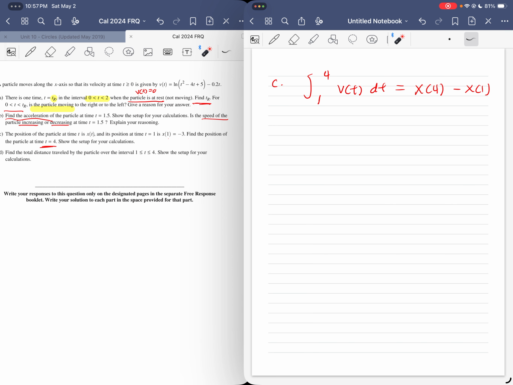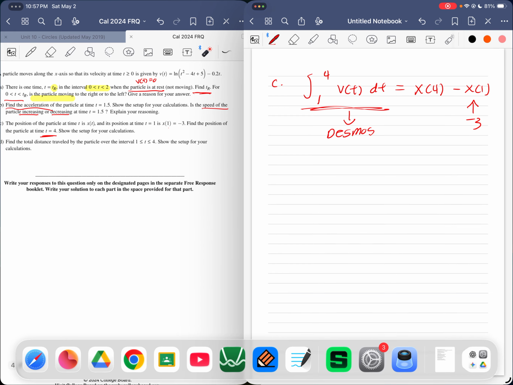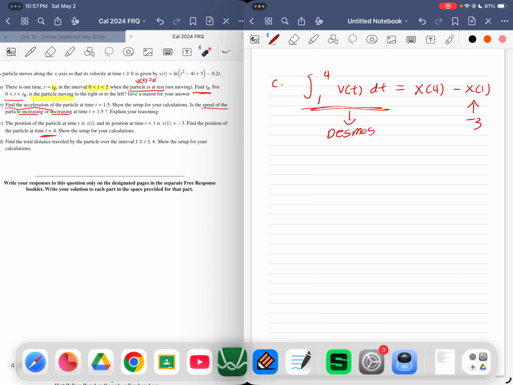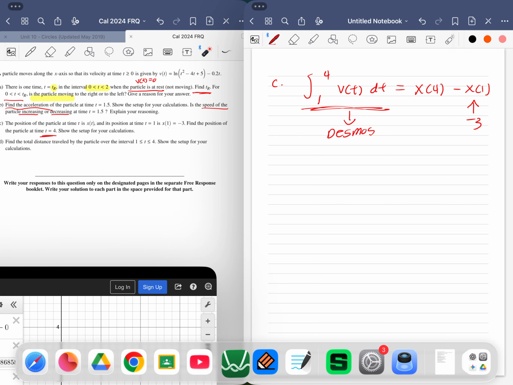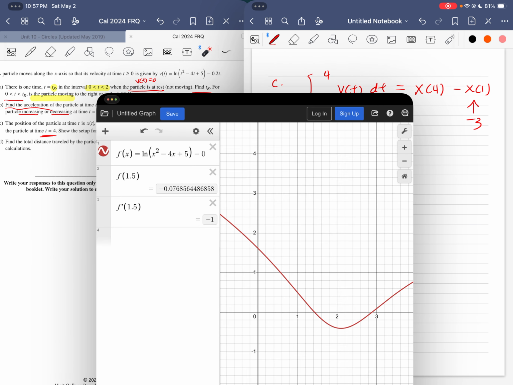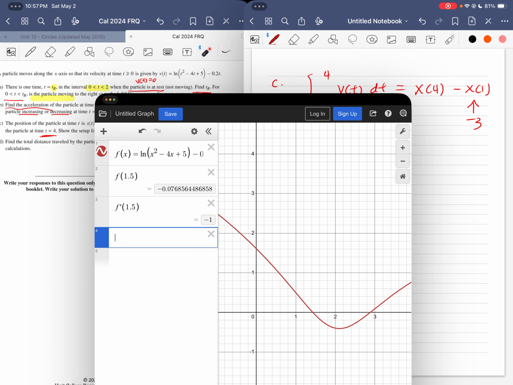According to this question, they already gave us what x of 1 is, which is -3. So this one is -3. Do we know what this is? No. So this one is a decimal. So let's do this. So we already got this one. So the only thing that we have to do is